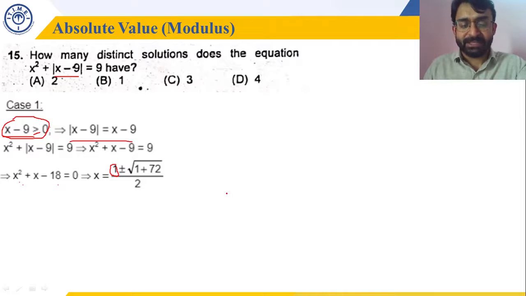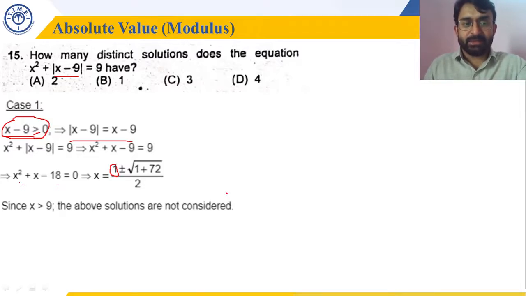If I simplify it a little, but x is greater than 9. So if I simplify it, this is 72. Fine. 1 plus square root of 73. Square root of 72 is somewhere between, it is a little less than 9. Let's say even if it is 9, 9 plus 1 is what? 10. 10 by 2 is 5. But my answer has to be x that is more than 9.